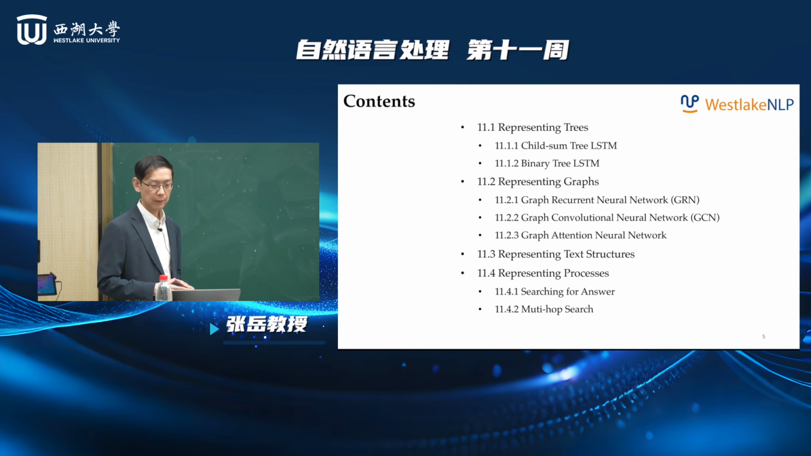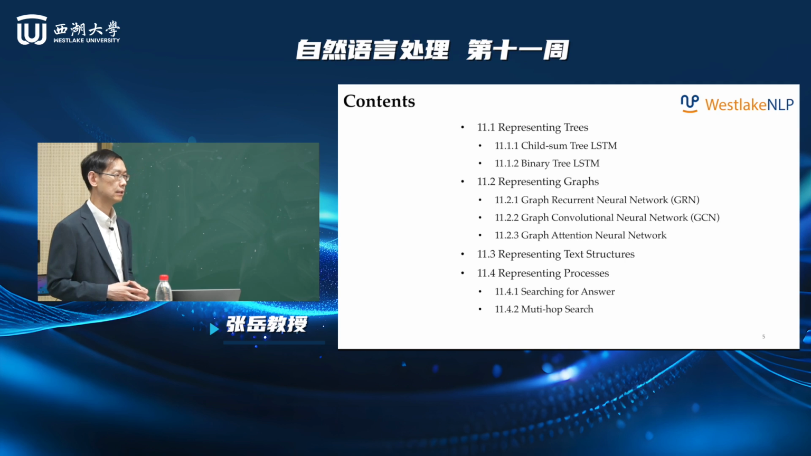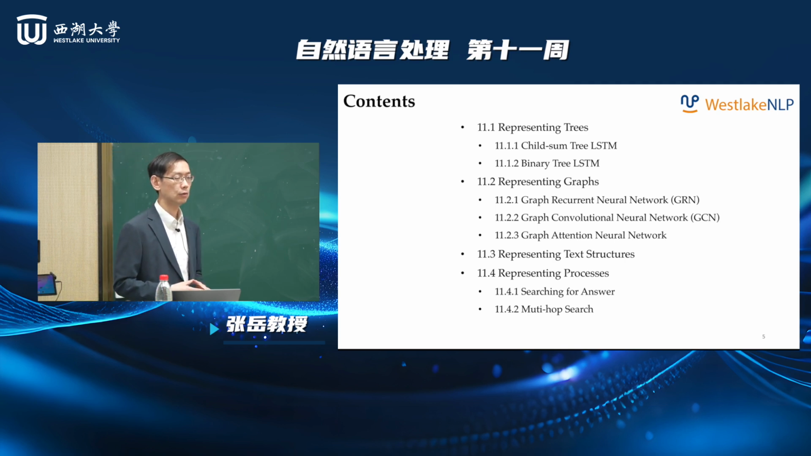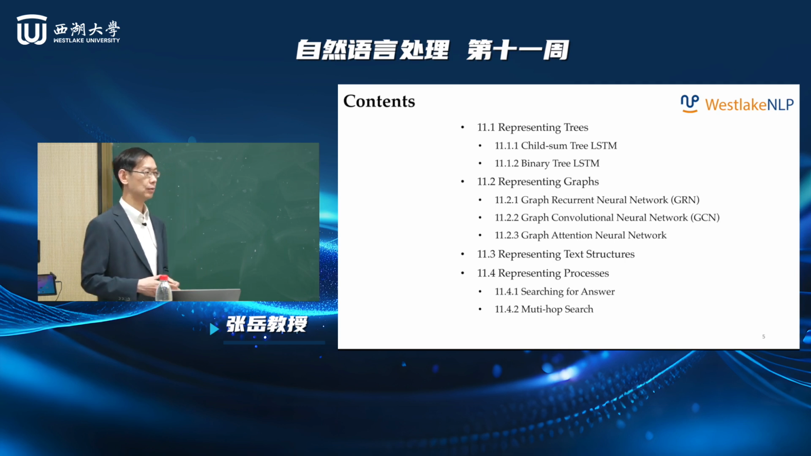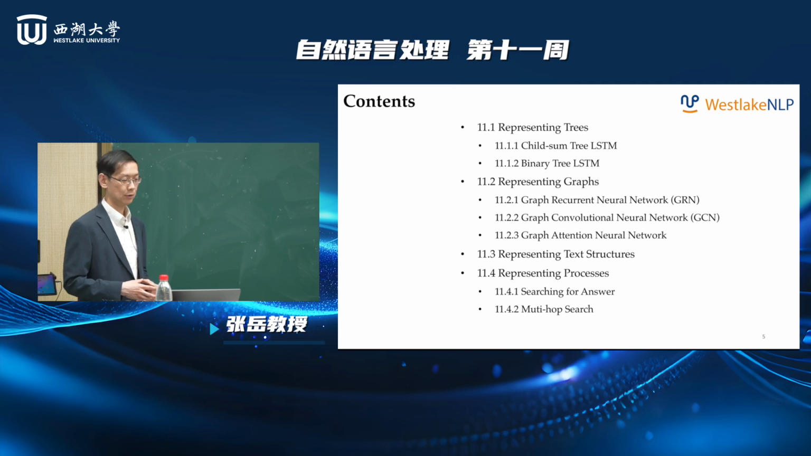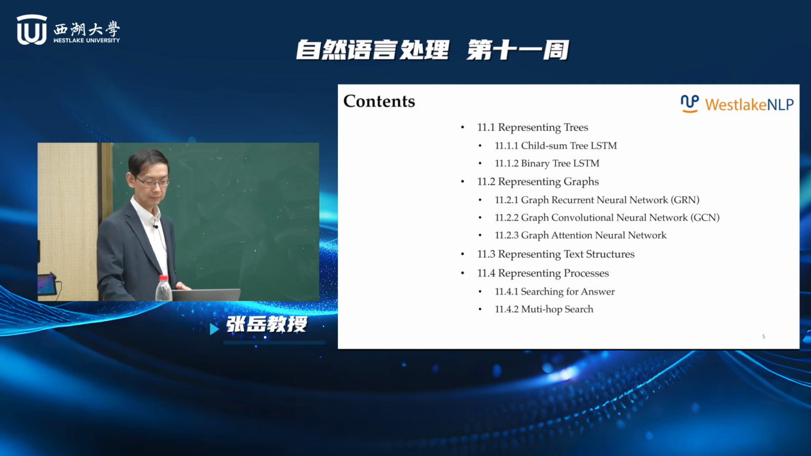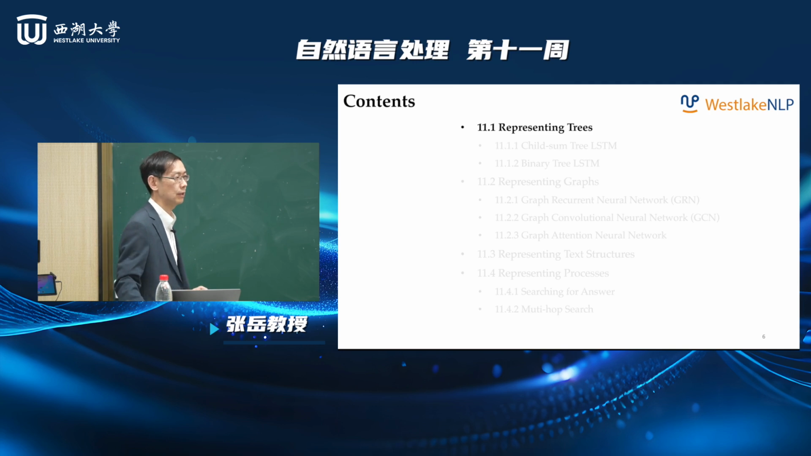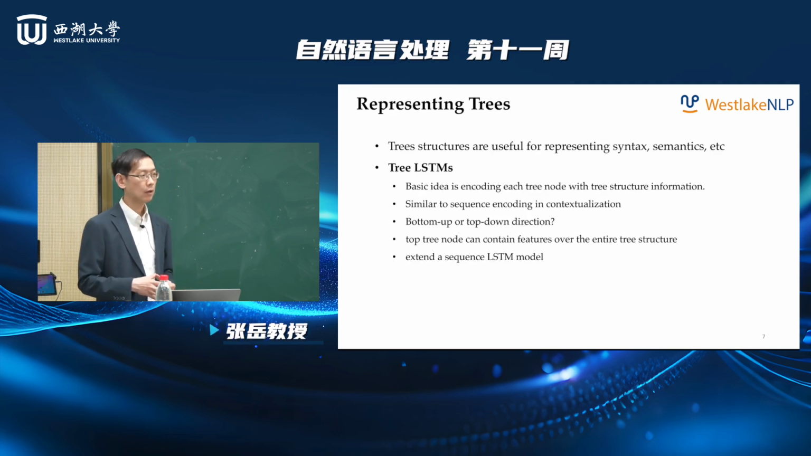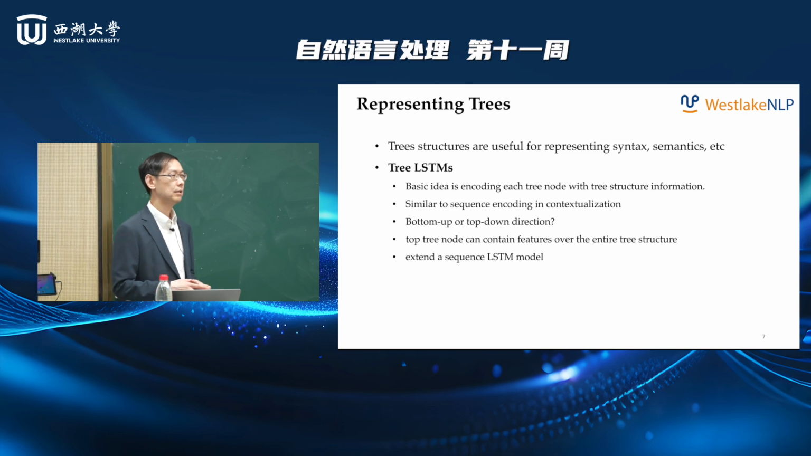And we learned 3 main things this week. So the first is how to represent trees. Okay, the second is how to represent arbitrary graphs. And the third is how to represent text structures. Okay, so let's first look at trees. You know, the dependency trees and constituent trees, they are all tree structures, right? And if we have the syntax of a sentence, right,